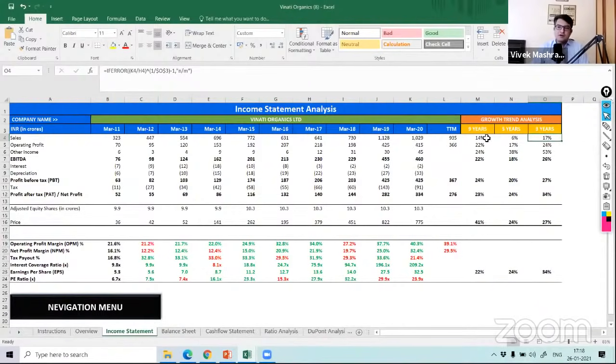What will happen if you just look at 9 years and ignore the near term part? We'll get past winners. The ones who were heroes earlier, you will get those, right? But you want horses which can still run. You don't want horses which have tired after the race. So you want a still-running horse when you are investing. So that is the reason you should see the long term growth rate of sales and your 3 years also. So that is one parameter. If sales is not growing, from margin you can only do so much. So you cannot grow perpetually through your margin.